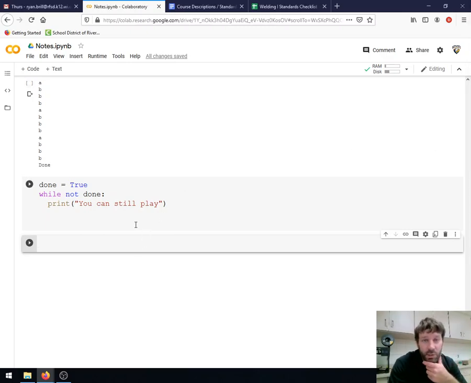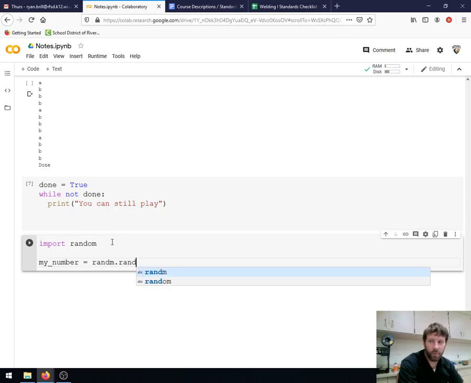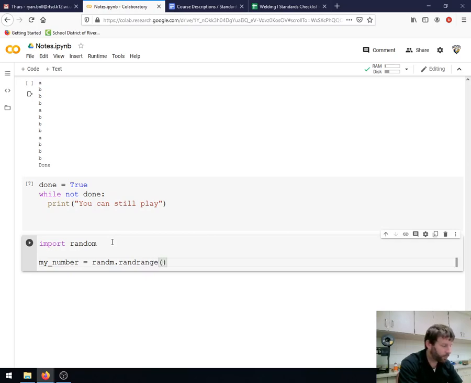Before we can use these random numbers though, these are not part of our base Python packaging. So what we need to do is we need to import that package, and it's just called random. And what we'll do is we will make a variable, my number, and we will make it equal to random.randrange. And inside here,